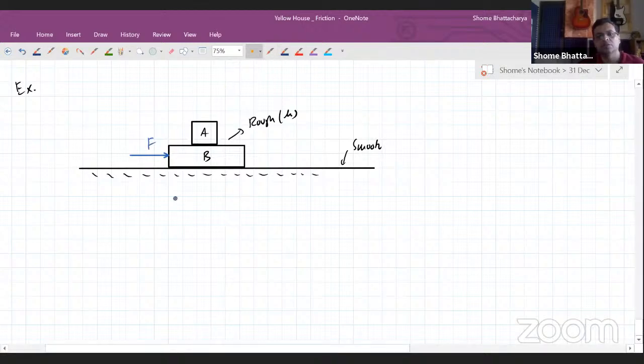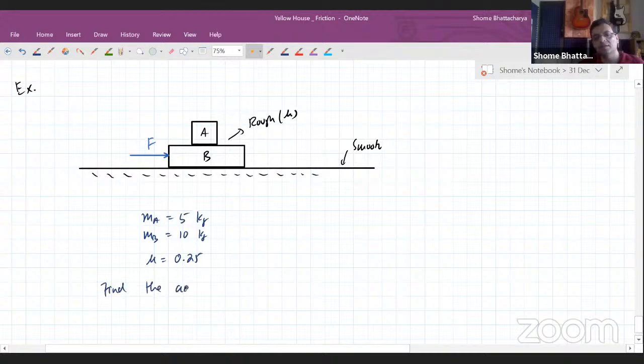So the data of the question is the same. Mass of the block A is 5 kilograms. Mass of the block B is 10 kilograms. But this time coefficient of friction is given to us as 0.25. So we want to find the accelerations of A and B if,